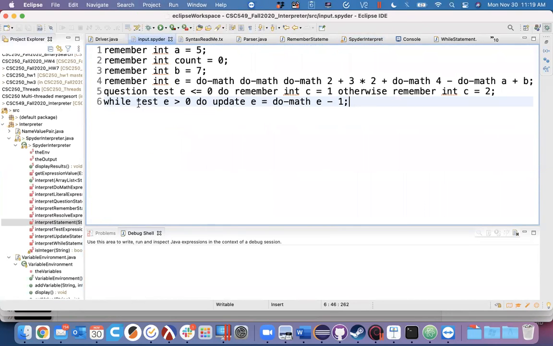So right now we know that E came down to a 2 in this guy. So now we're going to say while E is greater than 0, so while 2 is greater than 0, do what? Update E to be whatever E currently is, which is 2 minus 1, which is 1. So we update E once there to make it from a 2 to a 1. Then is 1 greater than 0? Yes, we're going to update E again to make it from a 1 to a 0. Is 0 greater than 0? No, it's not. So we're going to see 2 updates to our